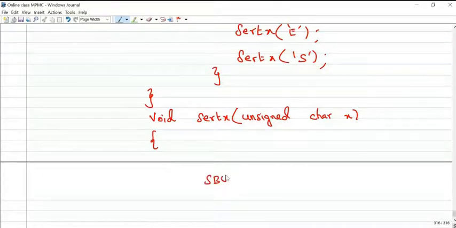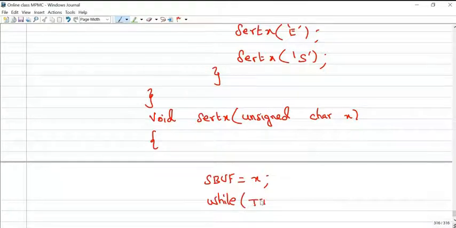SBUF equals x. While the transmit interrupt flag TI equals 0, wait. Once all the bits of a byte are transmitted, the transmit interrupt flag is set, and we then clear it to 0 in the process.